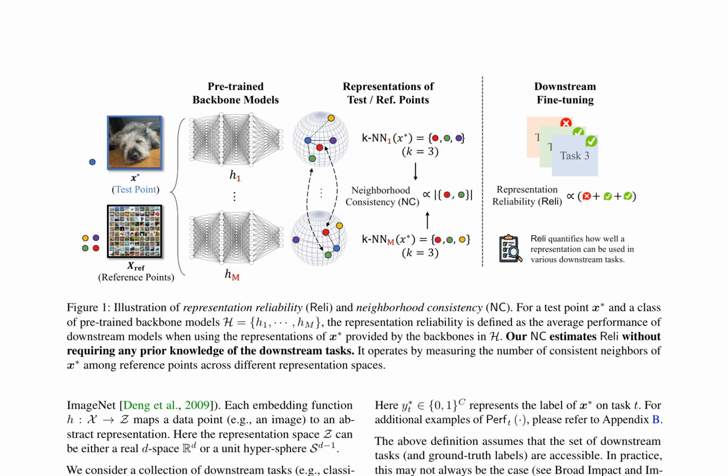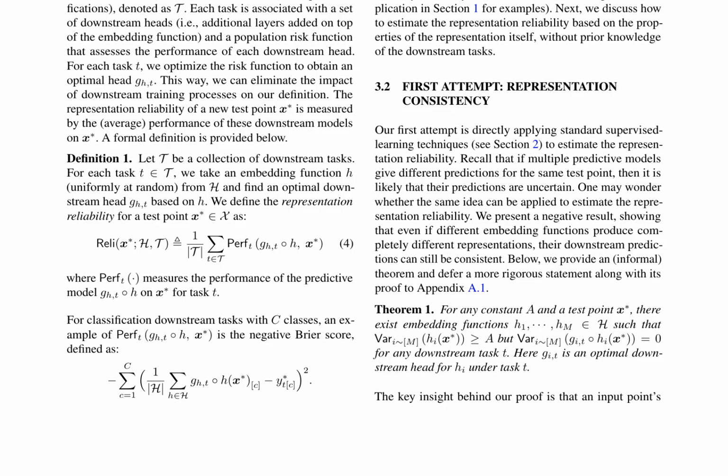They introduce a formal definition of representation reliability, which measures the performance of downstream models on a test point across different tasks. The authors also discuss the limitations of applying supervised learning techniques to estimate representation reliability. They present a negative result, showing that even if different embedding functions produce completely different representations, their downstream predictions can still be consistent. To overcome this limitation, the authors propose a novel approach, neighborhood consistency, NC, which estimates representation reliability